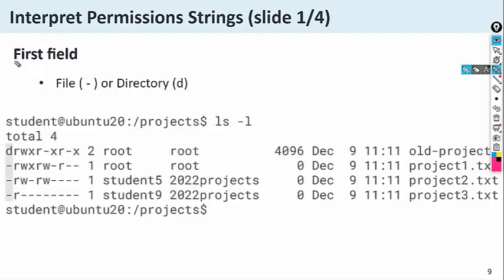Here is the first field. This field D is equal to, D means directory. Whenever it is a directory, it will be written here as D, and hyphen means